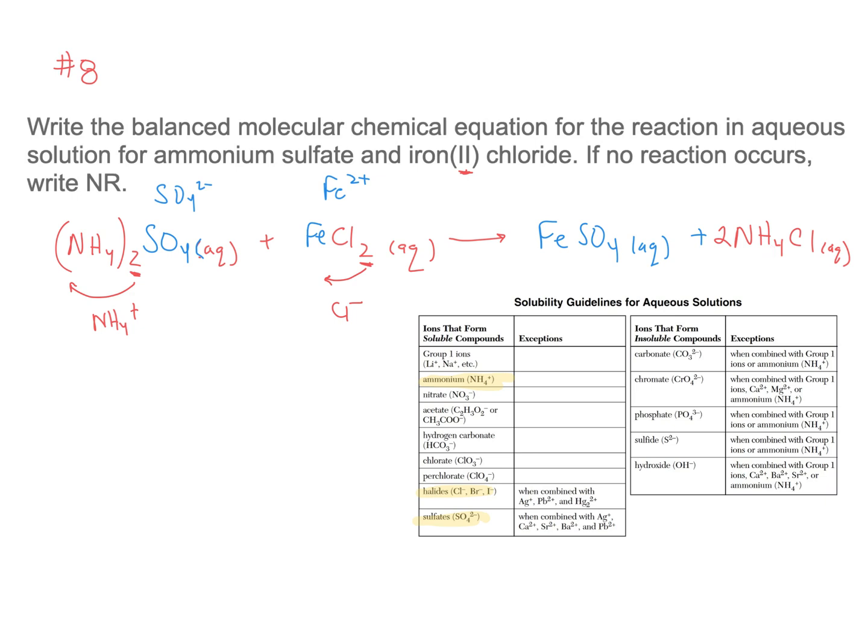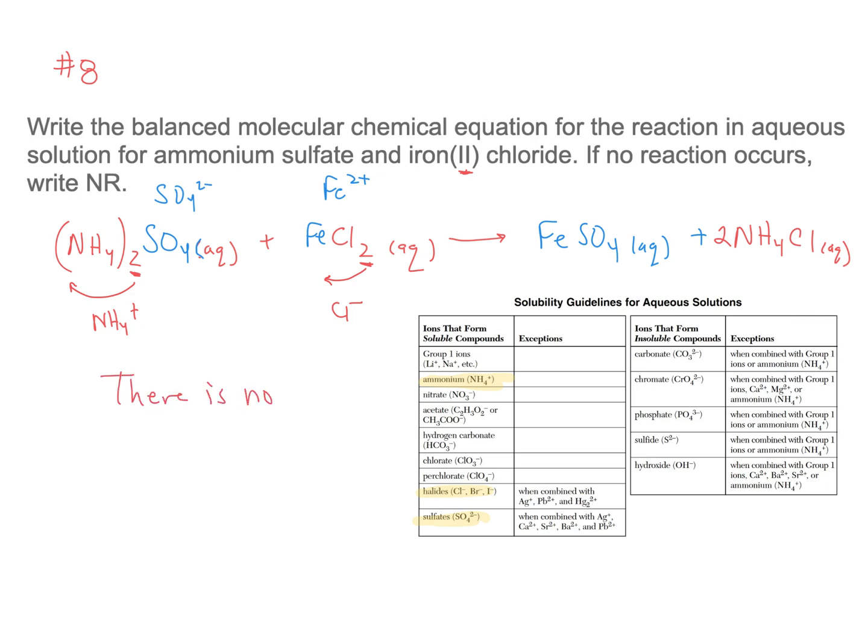So far, nothing's precipitated to leave the reaction. Chlorides, right? Silver, mercury, or lead are the only things that would precipitate with chloride. So iron 2 chloride is soluble, ammonium chloride is soluble. Sulfates, the only time sulfates would precipitate, right? All sulfates are soluble except for silver, calcium, strontium, barium, and lead. We have iron. So iron sulfate is also soluble. So because this is soluble, this is soluble, this is soluble, and this is soluble,